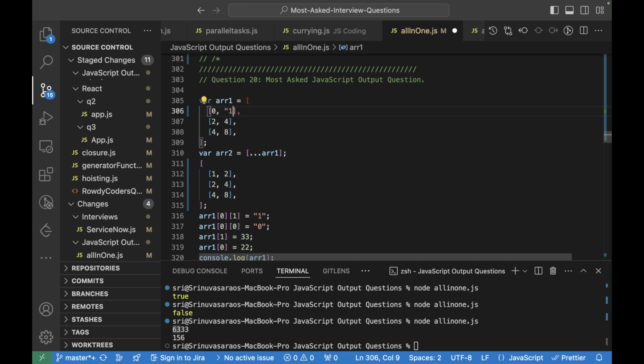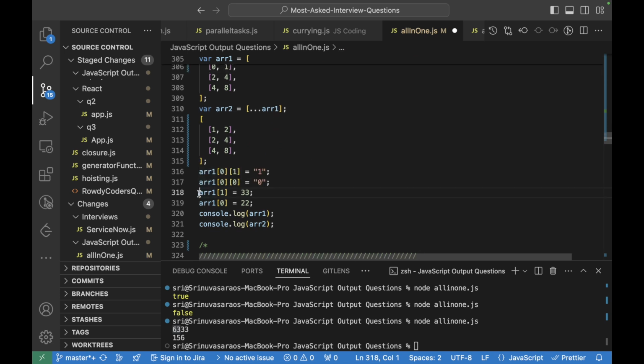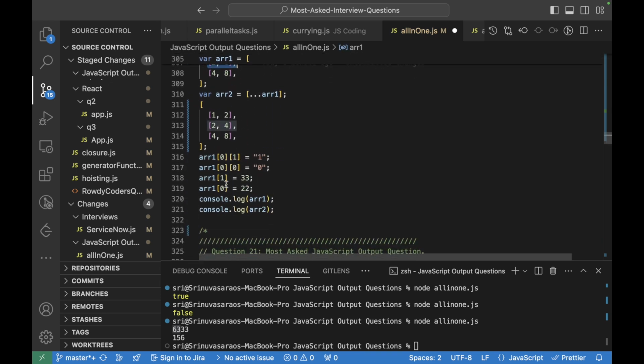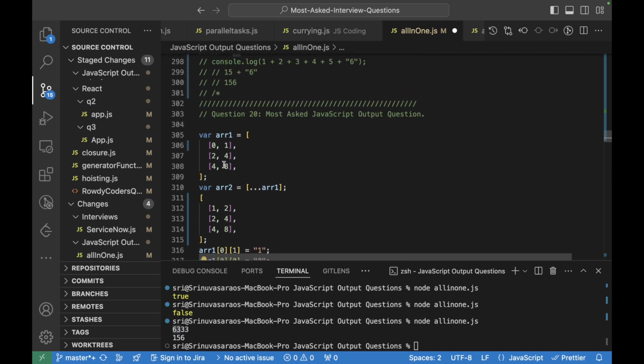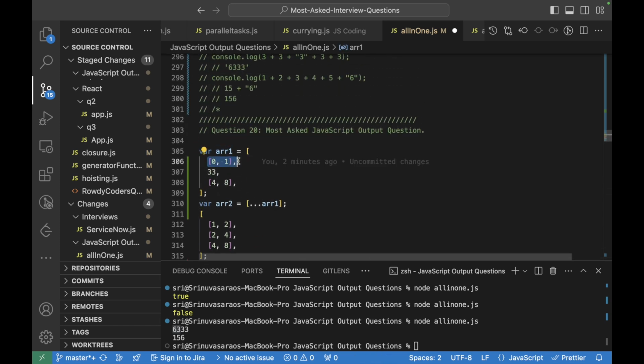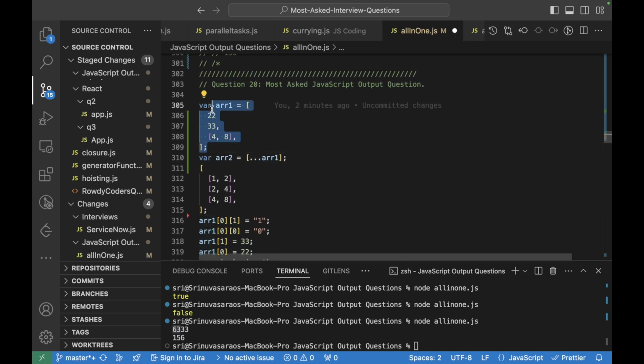Then array 1 of 1, we are changing it to 33, so this will be 33, and here we are changing the 0th index to 22. So now when we console the array 1, this is what it actually gives.